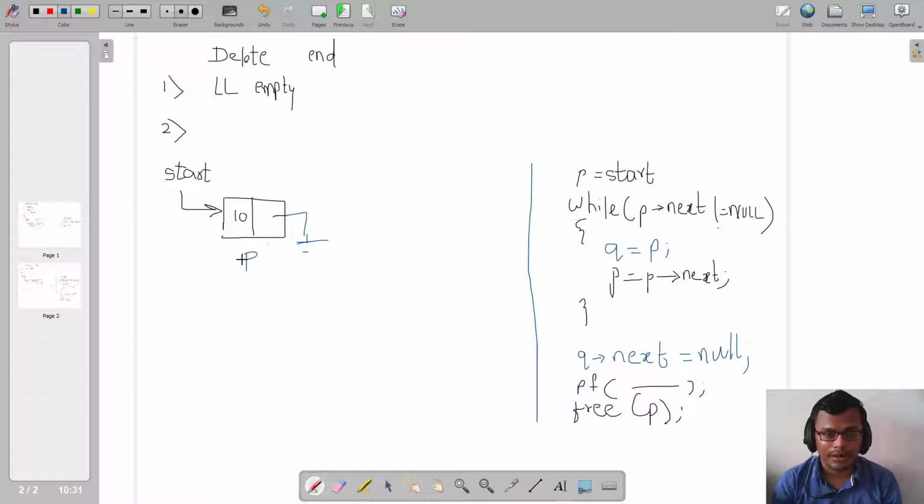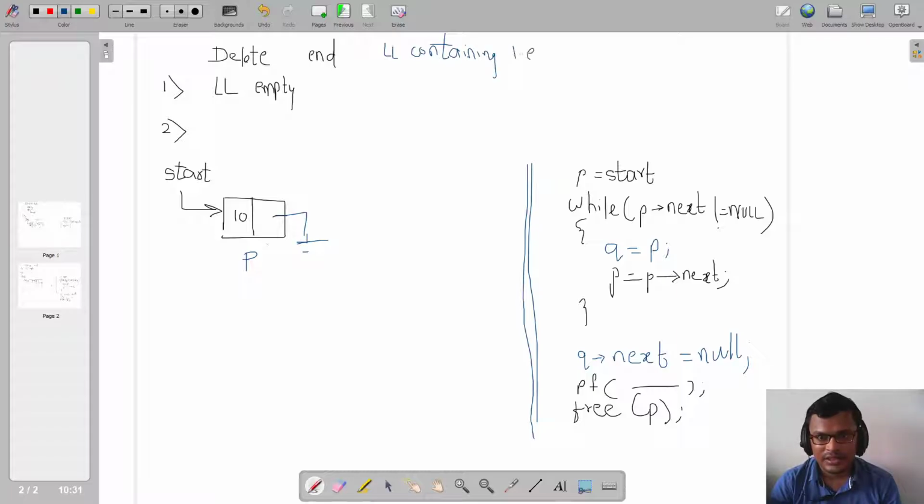So there is a problem, right? So this logic which we have written will not work well if there is only a single node in my linked list. In that case I don't have a definition for my Q. So we are writing one more case that my linked list is containing one element.